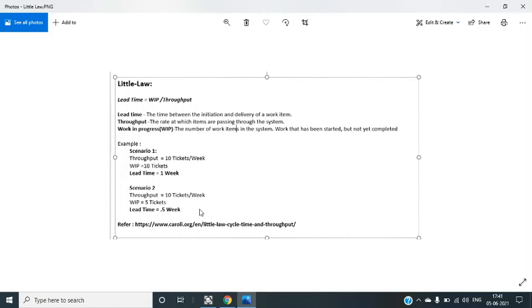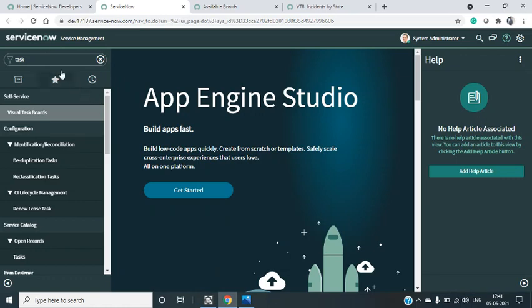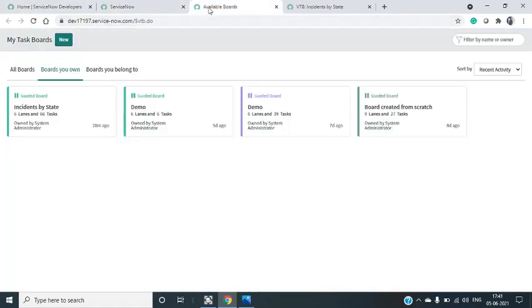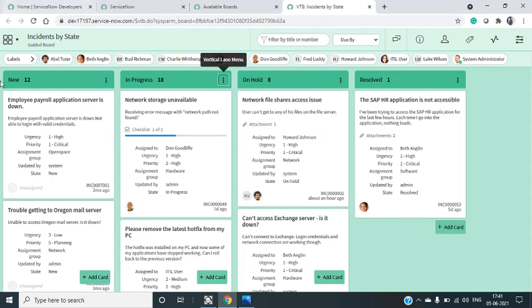Now we will see how the WIP limit can be set in ServiceNow. Log into ServiceNow, go to the Visual Taskboard, open it. You will get the window like this. Open the taskboard or Kanban board where you want to set up the WIP limits. I opened the incident by state, so I landed here. The board is created based on the state. I want to set up the WIP limit on the on-hold lane